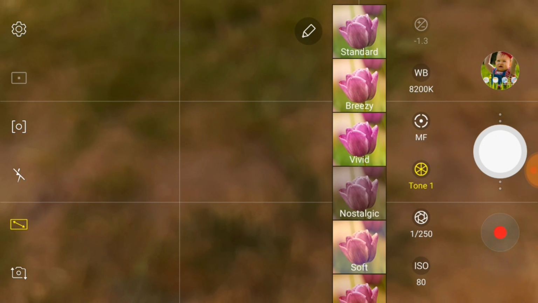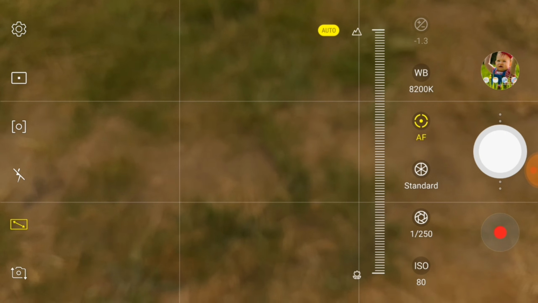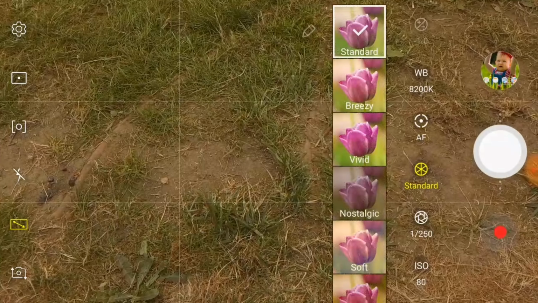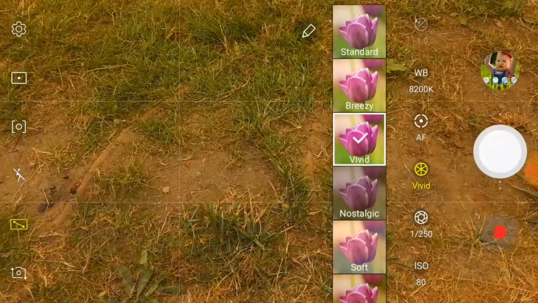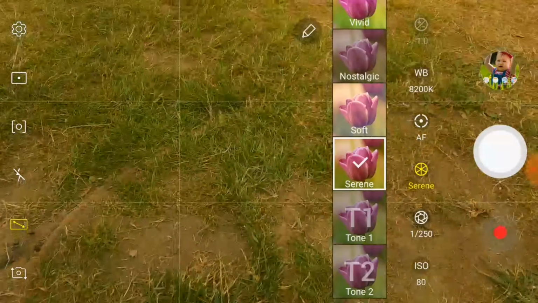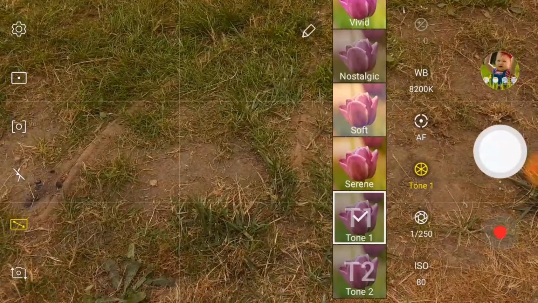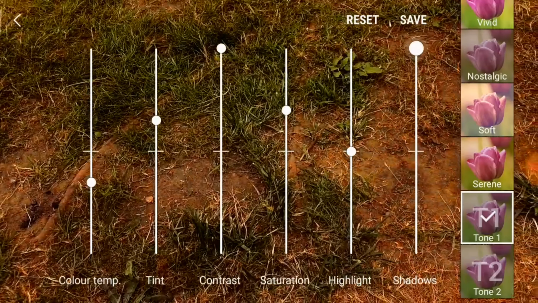It has these pre-installed tones that you can click on. Let's get that to focus. Put it back to auto for now. So you have your standard, which is exactly what's on the screen, and then your pre-installed little tones that they have set to make it quick and easy, or they have T1 and T2 where you can click on them, click the little pencil, and you have full control